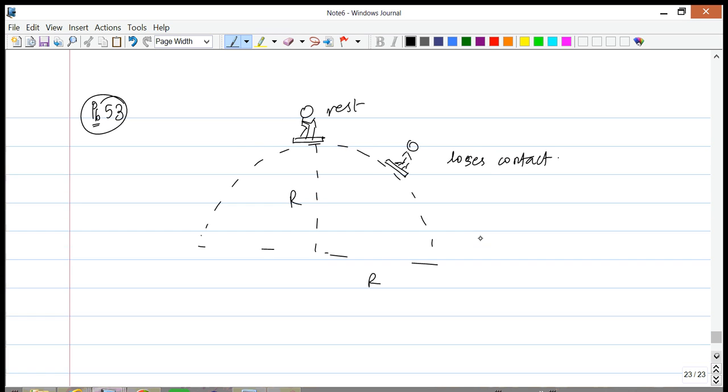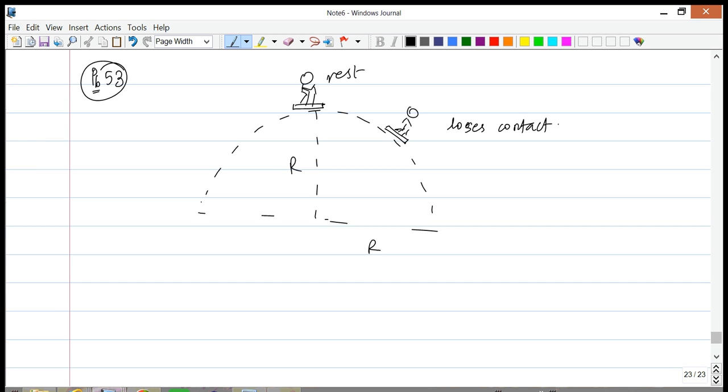Okay, so here's a problem from the textbook, and it's an interesting problem, and it's a difficult problem to do. So let's just do it. So what's going on is that there's a skier that's taking off at rest at the top of this hemispherical hill, and we have to figure out this height h from the top